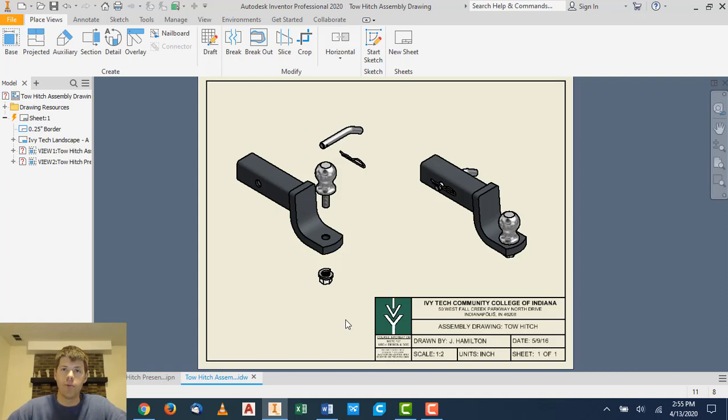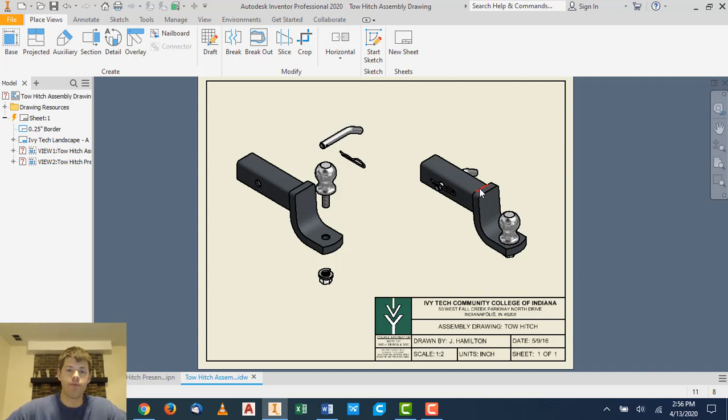So can you make an IDW with a title block template like you see here? And can you make an assembly file? Because you can't make the exploded assembly view like this if you don't know how to constrain the pieces together into an assembly. So before you can do any of this, you got to know how to model parts, you got to know how to make drawing pages, and you've got to know how to make assembly files. If you can do those 3 things, now you're ready to look at the idea of making these exploded views